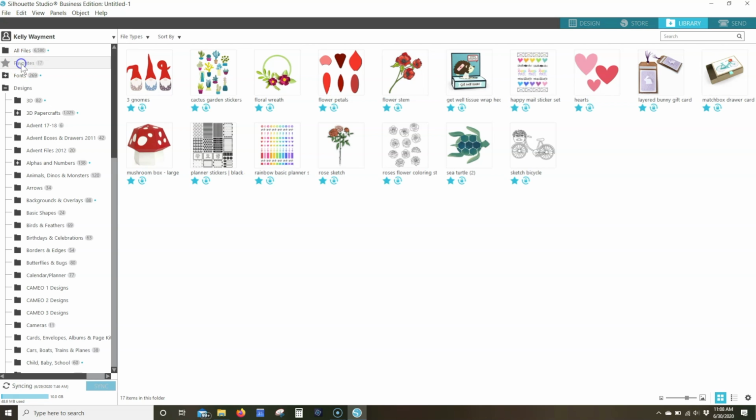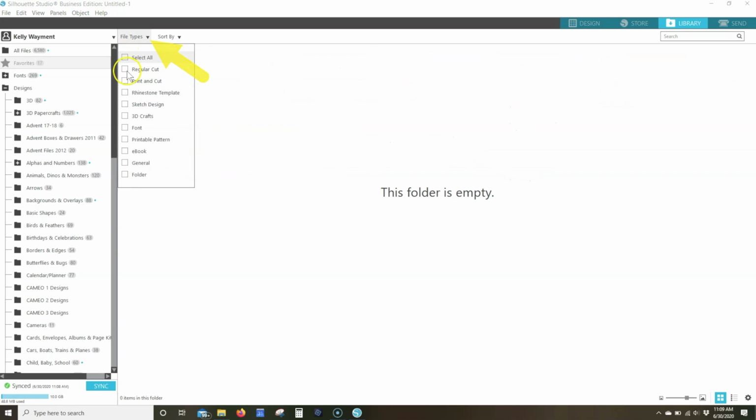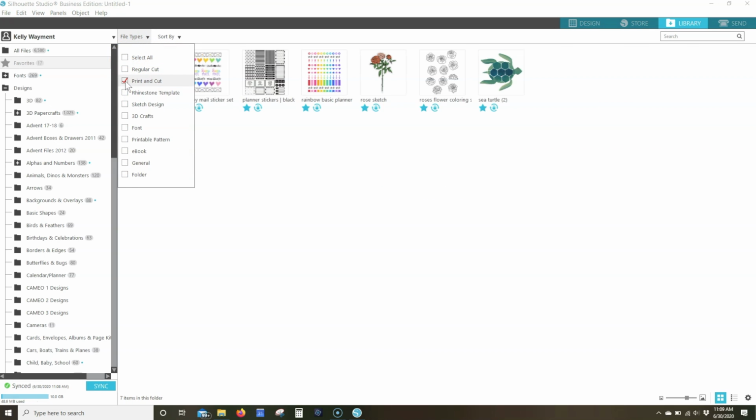These designs in my favorites folder are designs I've already purchased from the Silhouette Design Store, and I've marked them as a star for favorites. If you want just print and cut files, you can change your filter so it's only looking for print and cut. However, lots of designs like cards have print and cut elements. Any design that has color or that you can fill with color can be made into a print and cut design. So I'll set the filter back to select all,